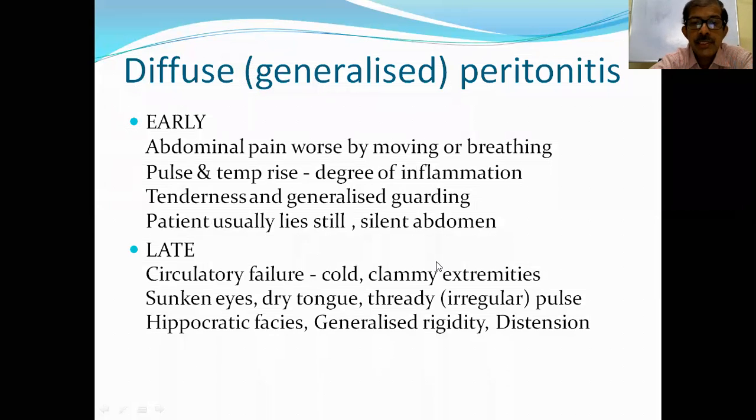So the patient is in septic shock, with cold and clammy extremities, sunken eyes, dry tongue, thready and irregular pulse, the so-called Hippocratic facies. There is generalized rigidity, which ultimately will lead to flaccidity because of distension. Once distension of the abdomen starts, this rigidity will gradually disappear because the patient is no longer having enough